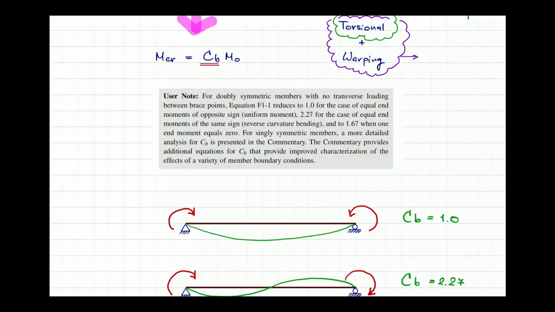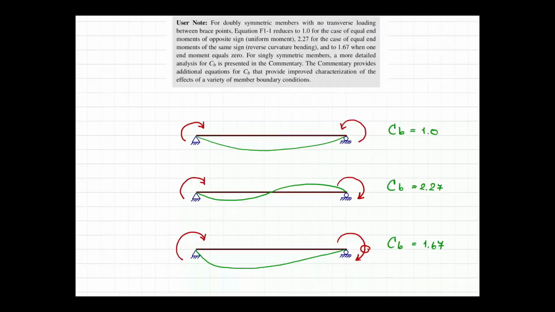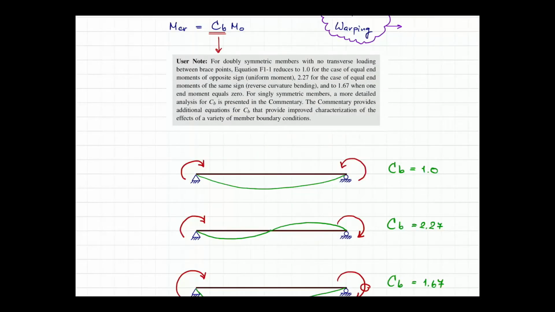The Cb, if you look into the AISC code, we are going to talk about the Cb first. The AISC code gives you the provision that for Cb, you can use the following cases. These are the simplest cases for Cb first. So the first case,